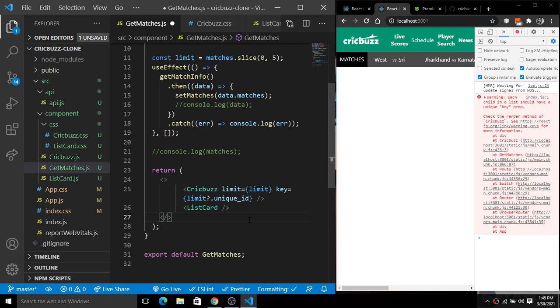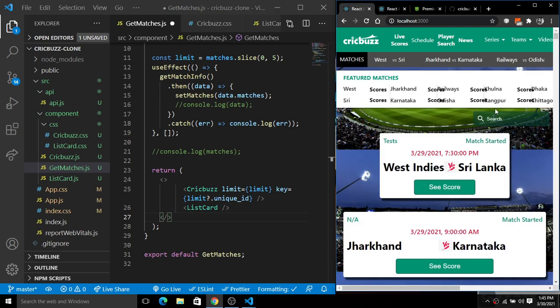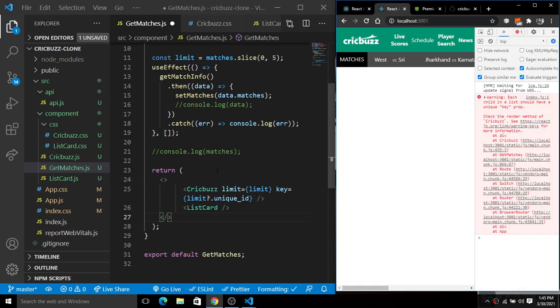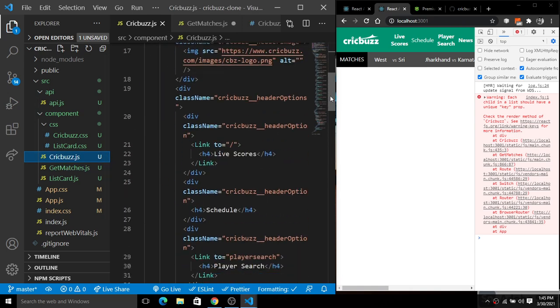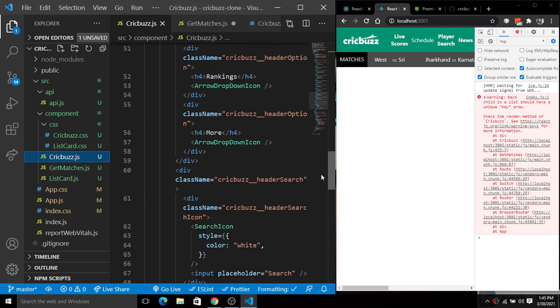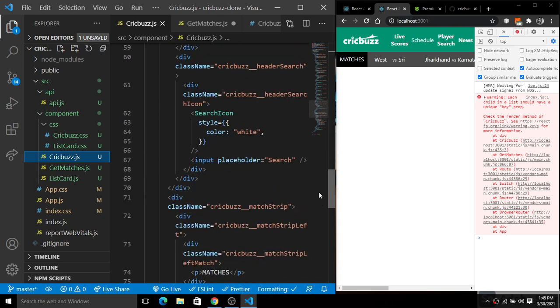Okay. We will have another. If you see here, we have a search. We have a search field here, or input field here. So we will simply add another input field here. So I will simply grab the input field thing from the ClickBuzz exact thing there. So I'll simply grab the search icon from there.